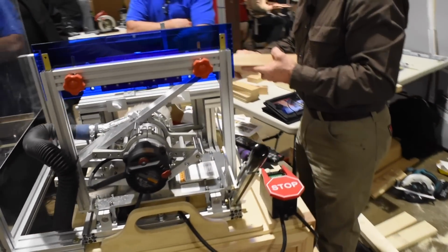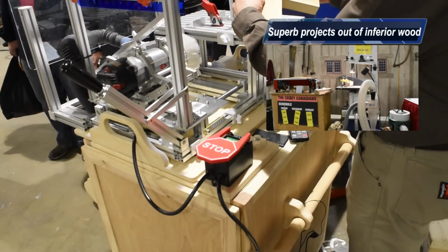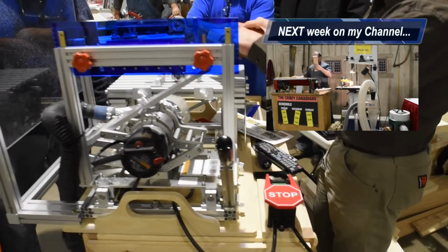So the first thing that we're going to do, I have right here a 2x4. This was from a pallet, but it used to be a 2x4. Now this